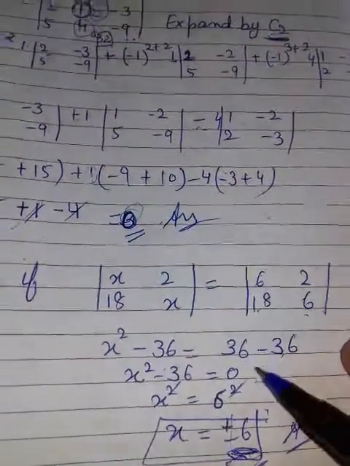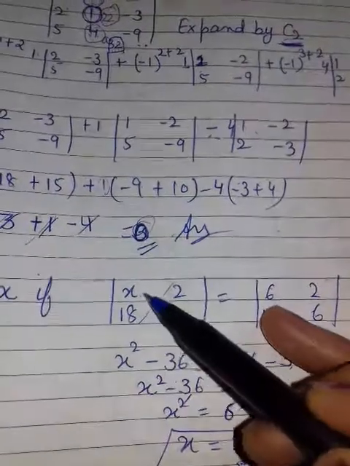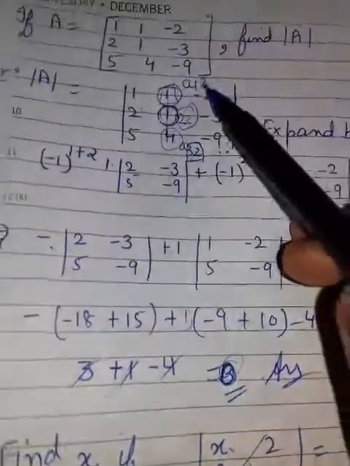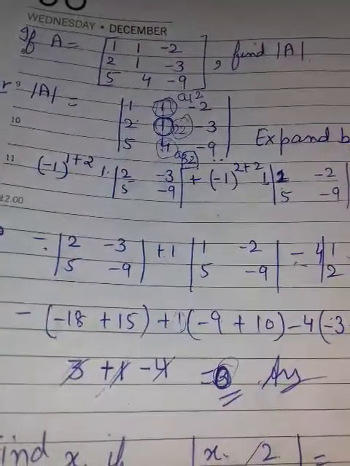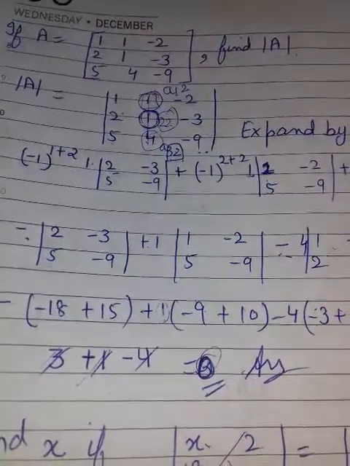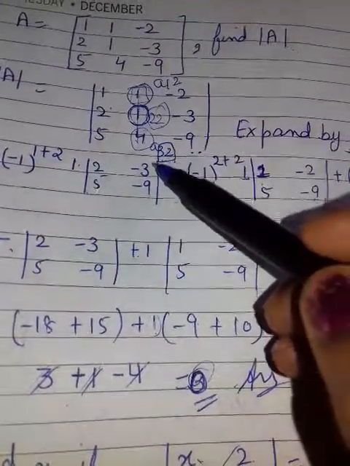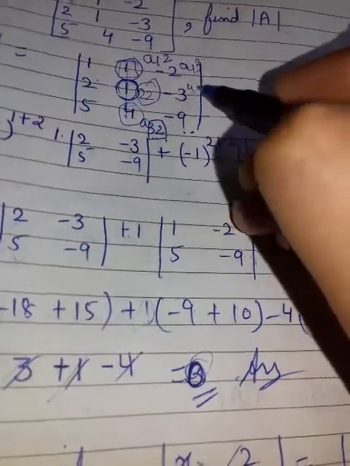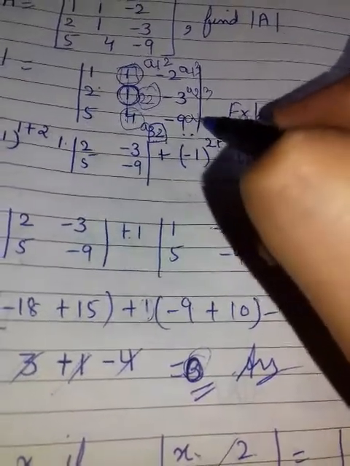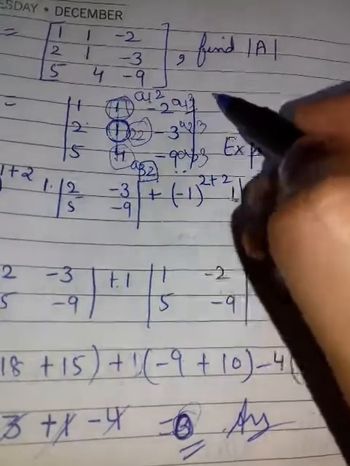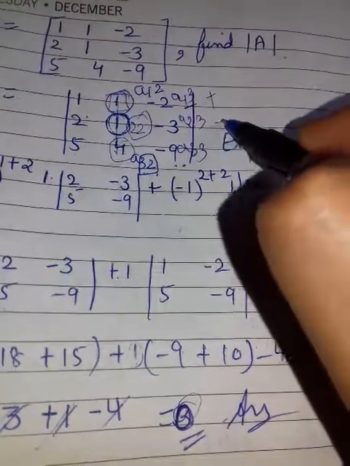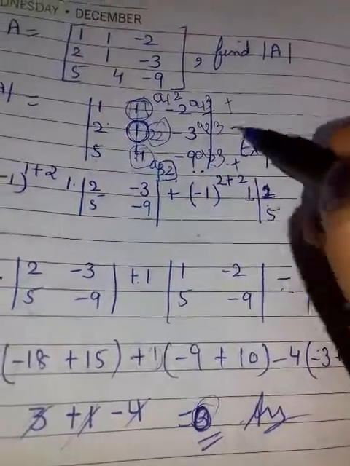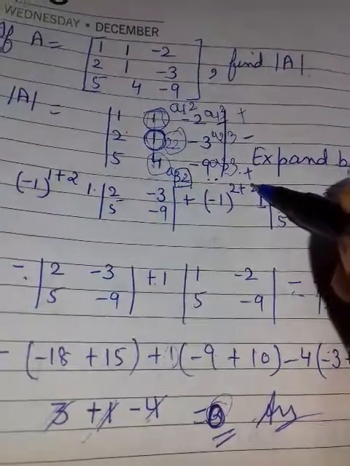So easy to get. Only in 2 by 2 you will multiply cross and take a negative sign in between them. But here you can expand by any row or any column, but see the signs which you are taking. If you are taking here, you know which elements will be there. 1 3, yes, 2 3, 3 3. It will be even, positive; 2 plus 3 is 5, negative. This will be positive. Means with them you will take the signs of these. Clear? I hope you got it. Easy to get.